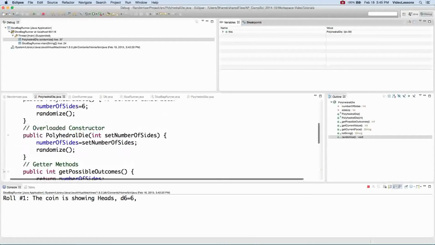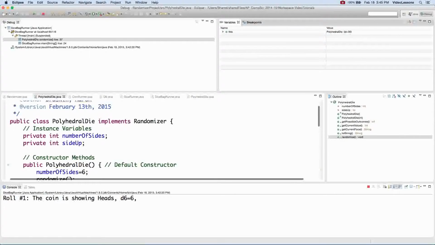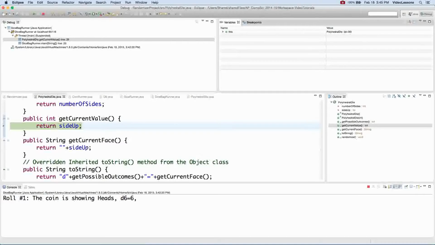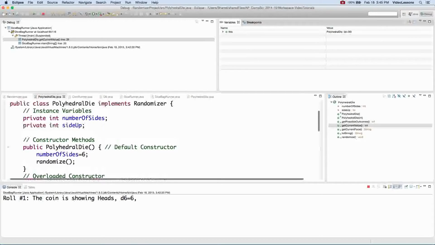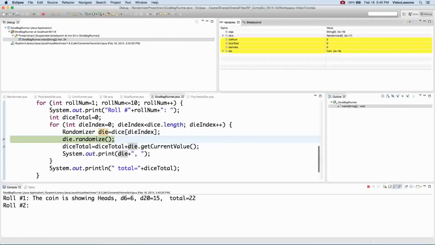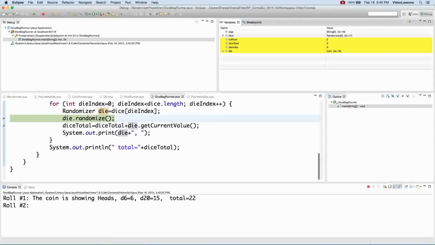But if I scroll up here, I'm actually in polyhedral die, not D6. And again, the same thing can be seen when I go into get current value and scroll up to see where I am. I'm in polyhedral die. Okay, resume, and I'm back. And notice I got roll number 1, the coin is showing heads, D6 equals 6, D20 equals 15, and the total is 22. That is all done through the magic of